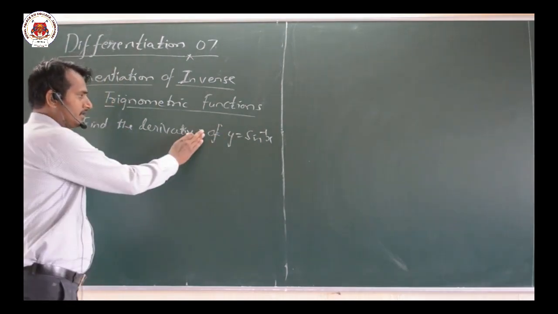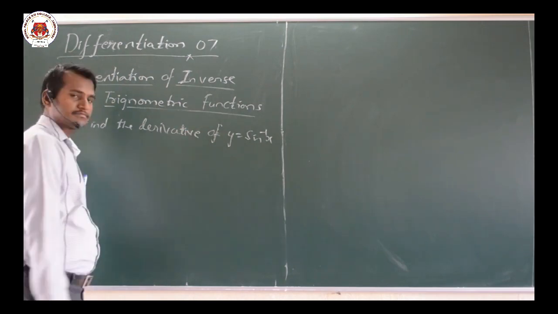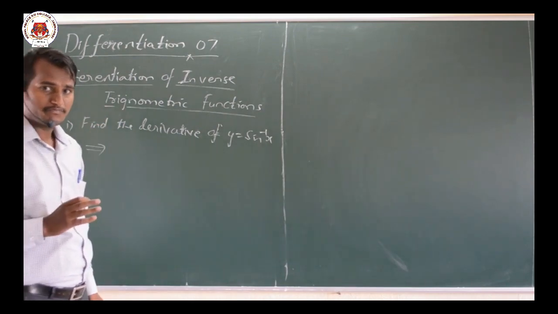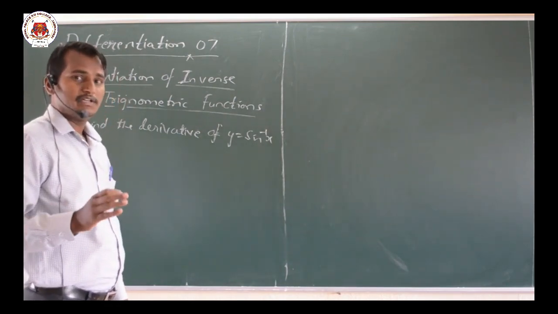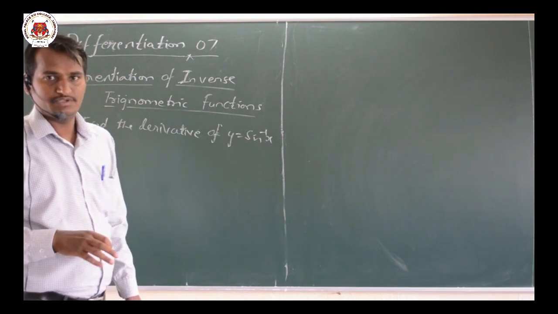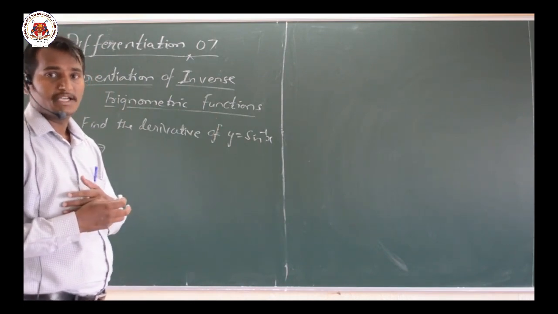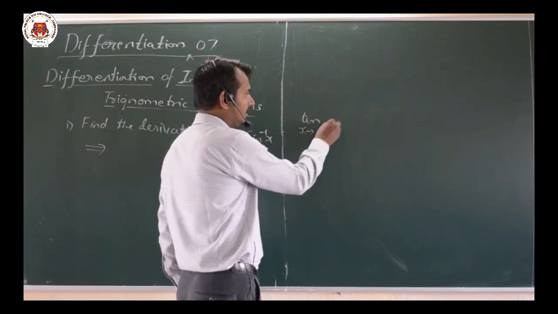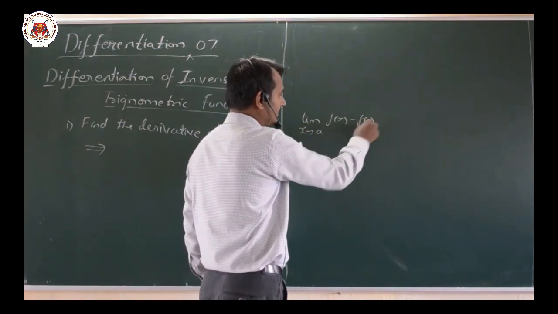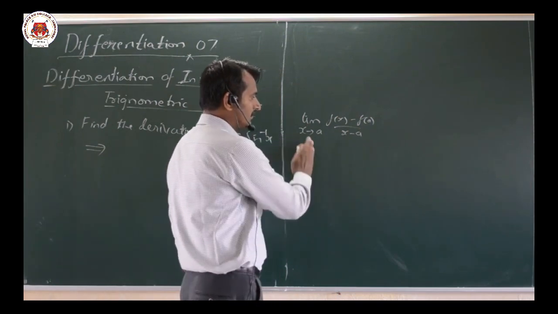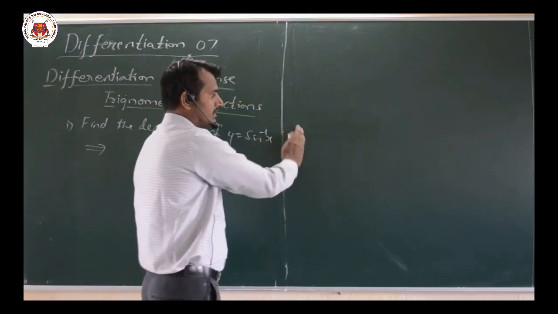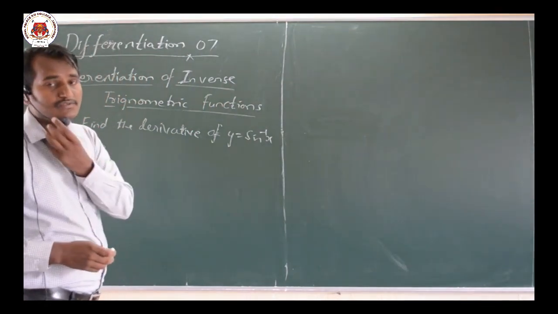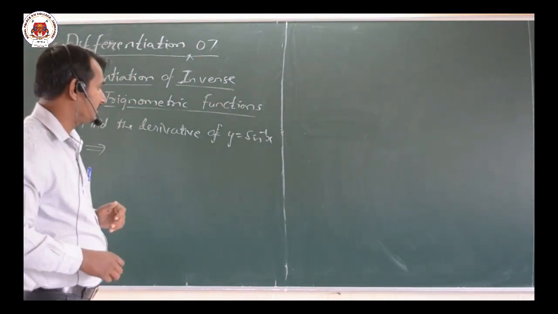There are 2 methods of solving this particular question. One is by making use of the exact definition of differentiation using limits: limit as x tends to a of f of x minus f of a divided by x minus a, that particular formula we can make use of and solve it. Otherwise we can solve it directly by making use of composition of functions. Let us examine that one.